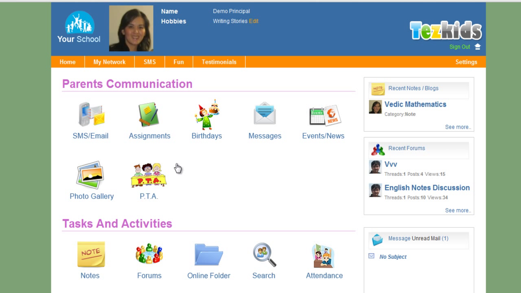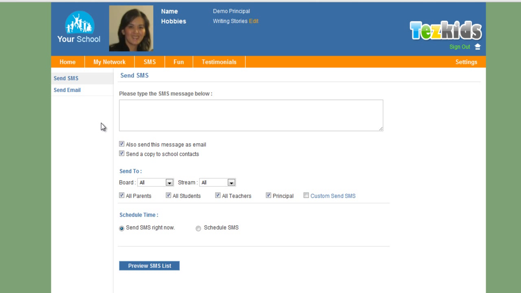So let's begin with the first one, which is most used feature. It's called SMS and email. So here you can send SMS to all the parents or the selected group of parents, and SMS is usually delivered within 1 minute as soon as you type. So this is mostly used like if your bus is late or if you have an emergency or you want to notify parents of certain events or some function that's going to happen, say today or tomorrow or sometime. So a typical use case would be, say bus will be late by 30 minutes today,